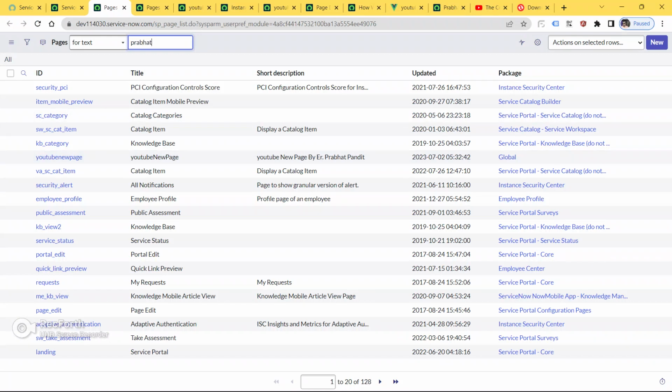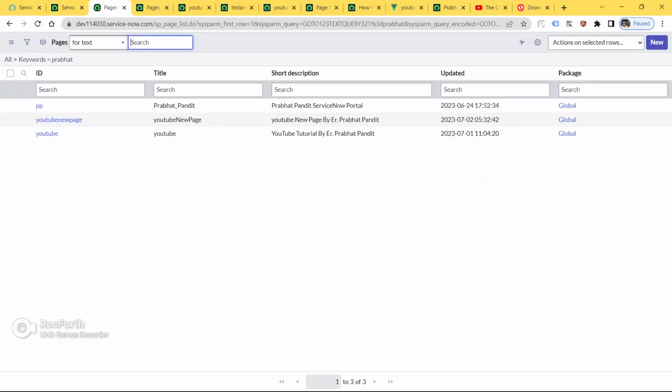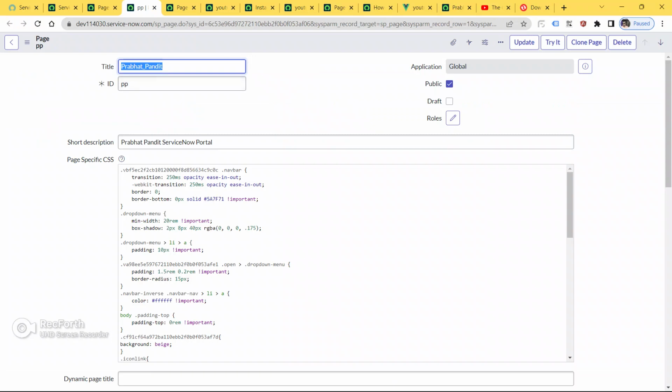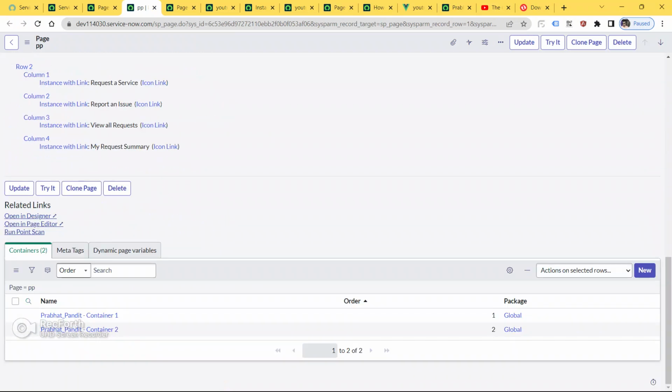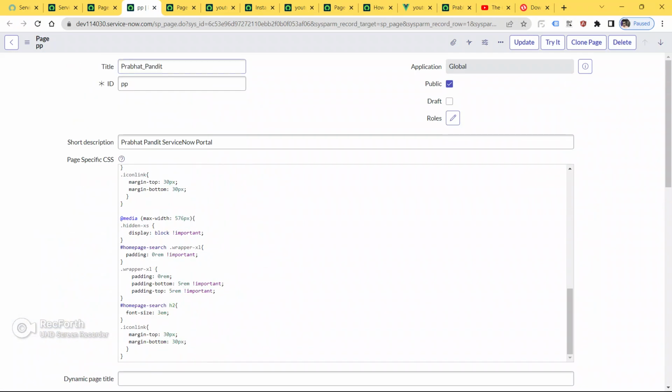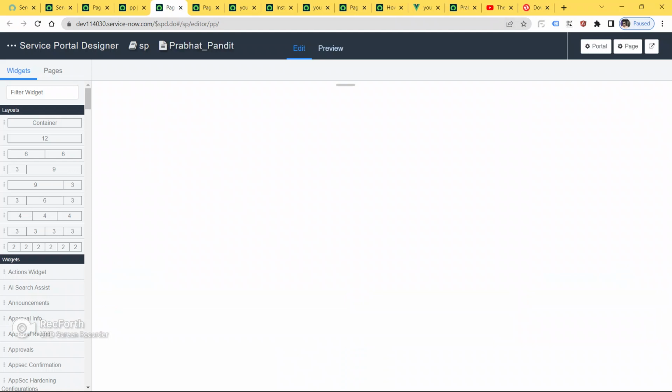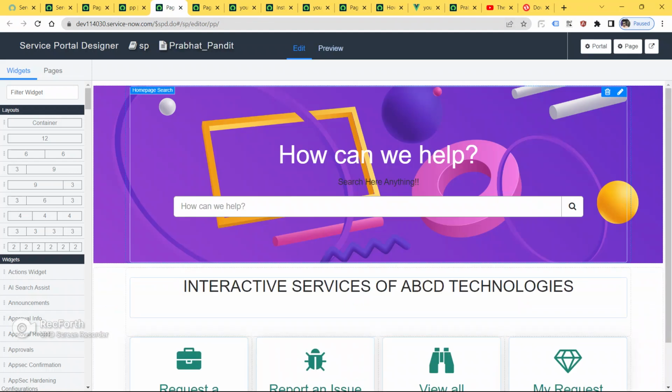Search the pages, click here, and I'm going to search here Prabhat. So this is the PP, my example service portal page. Let me just open this page in the designer.